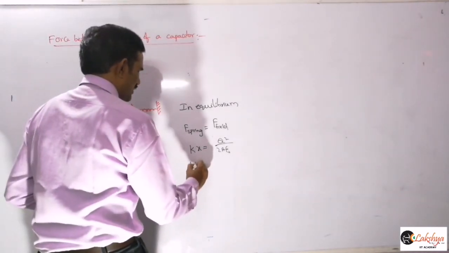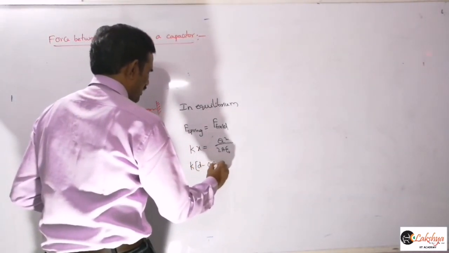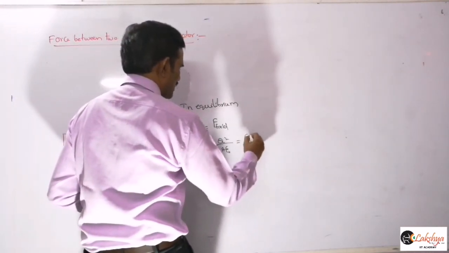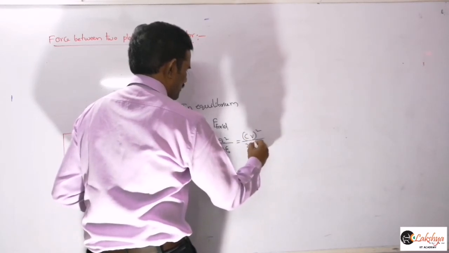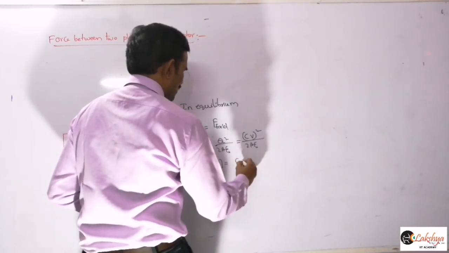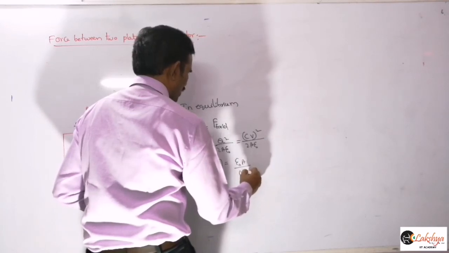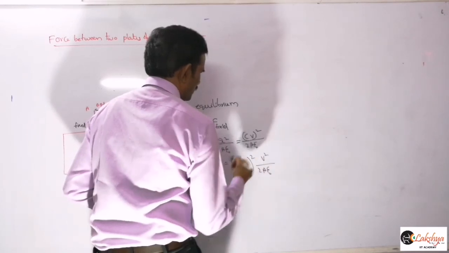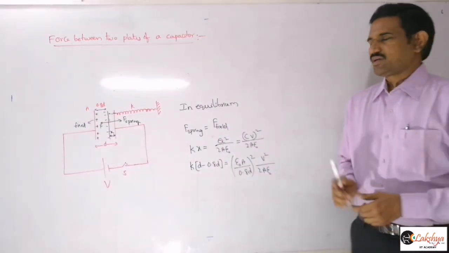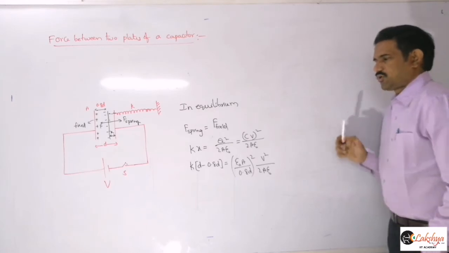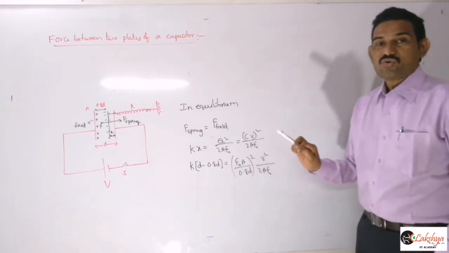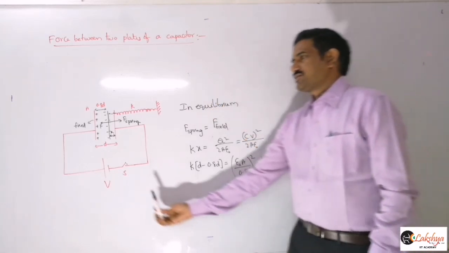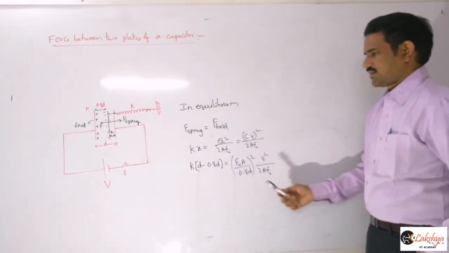So this is our value. And here, Q is CV, so it is CV whole square by 2A epsilon naught. Now that C is nothing but epsilon naught A by 0.8 D, whole square, into V square by 2A epsilon naught. Is it clear? That Q value we are writing as CV whole square here. Now that C value is epsilon naught A by 0.8 D. That is important here, because once equilibrium is reached the separation is 0.8 D only. So that value we need to consider here.